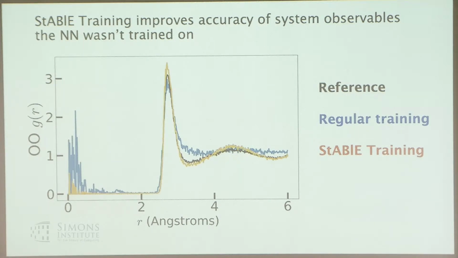I think in general, the purpose of rolling out simulations until they become unstable is that this procedure works much better if the distribution that you're optimizing over is itself diverse. If all the states are stable already, then training to observables is not going to help because all your loss is going to be really low. So going and finding unstable regions and then doing the observable loss, we find to be much more effective because there's some diversity in the states you're encountering. You're encountering some stable states, some uncertain states.